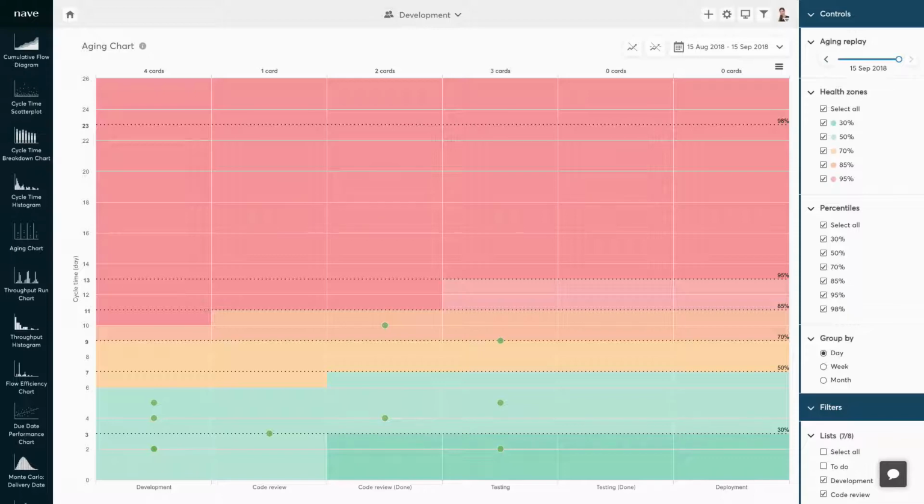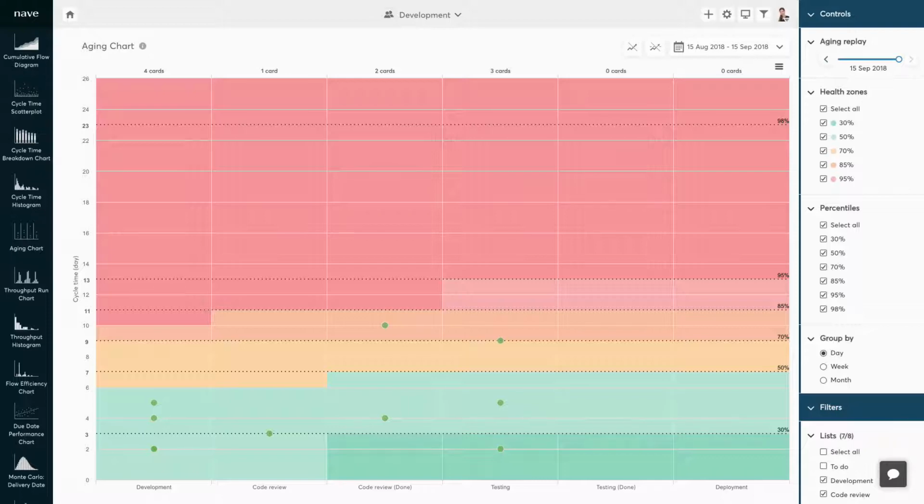Tracking the position of your work items throughout the health zones is a powerful strategy for preserving the consistency of your delivery times. It also helps you figure out whether you're still on track with your commitments. If you've committed to delivering an item within 11 days, and this comes with an 85% probability of achieving that promise, then the goal is to make sure your item doesn't cross the 85th percentile. Ideally, your item should go through the workflow without crossing the red zones at any point along its life cycle. If it does, then you can take action on time and ensure that you keep your promises.